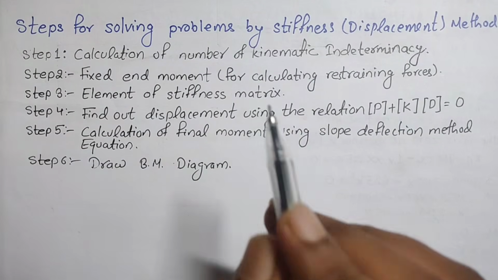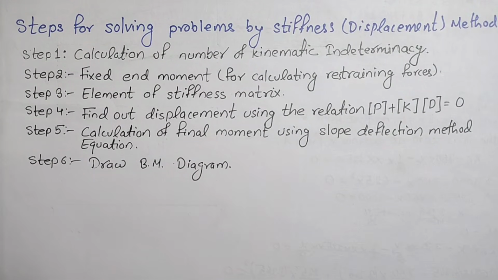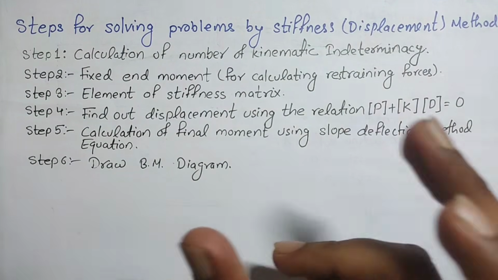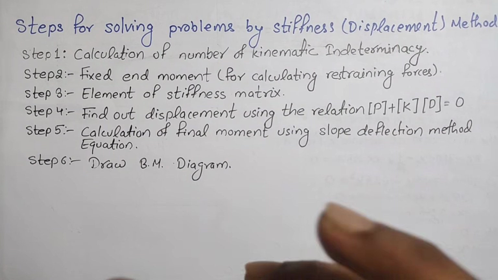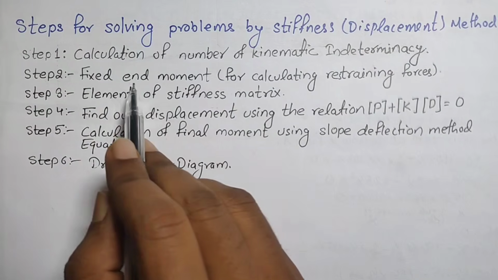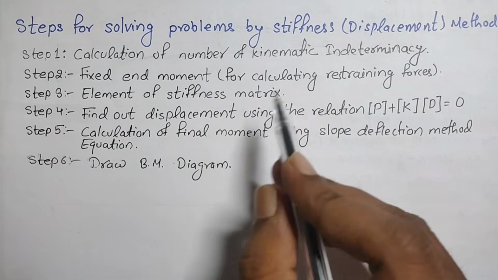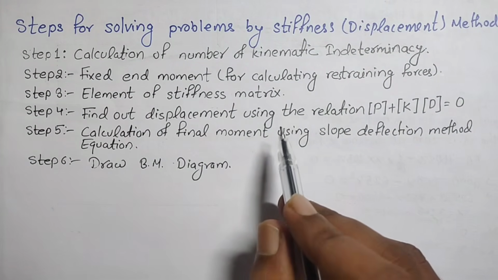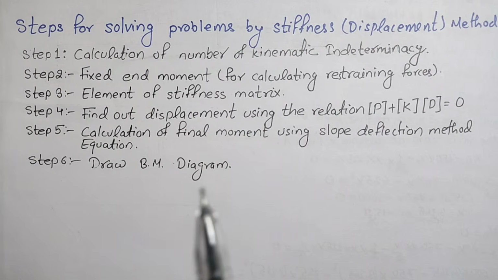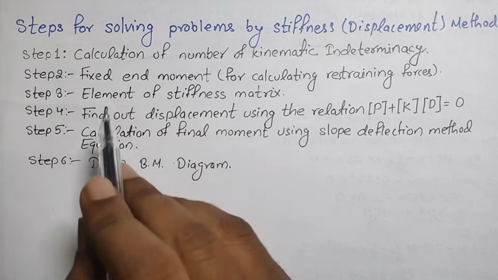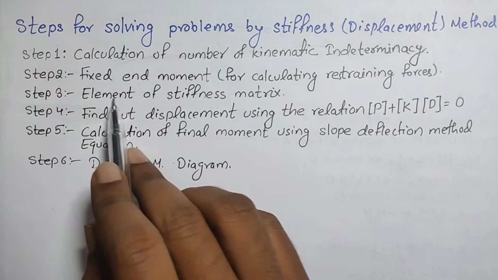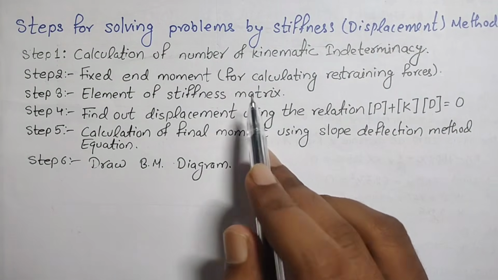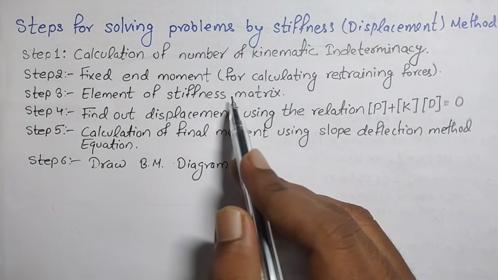In step 1, I will first deal with the different types of supports and their conditions, loading conditions, or the reactions which the supports carry. The second is the fixed end moment, and I will provide you with the different formulas for different loading conditions, which we use for calculating the fixed end moments. And step 3 is the calculation of the stiffness matrices,